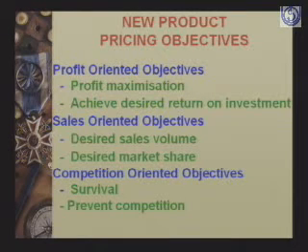First one is profit maximization. The main objective of the company in this is to earn as much profit as possible, the maximum profit possible from the market. So what you do here is fix the maximum price, the highest price possible. So how to fix the maximum price? How do you decide about the maximum price?